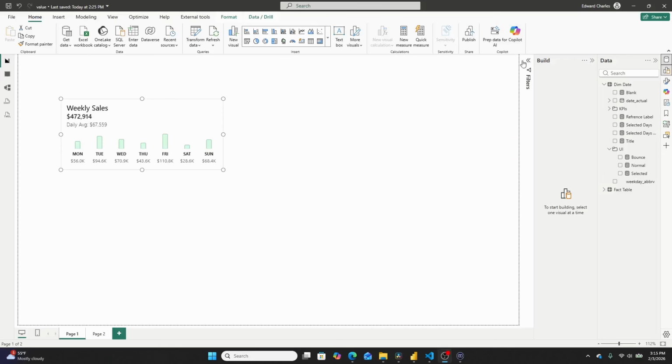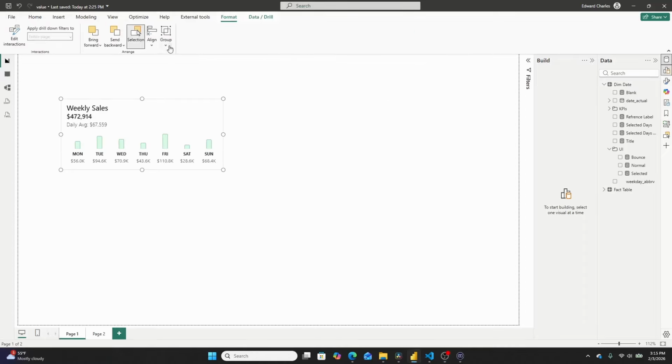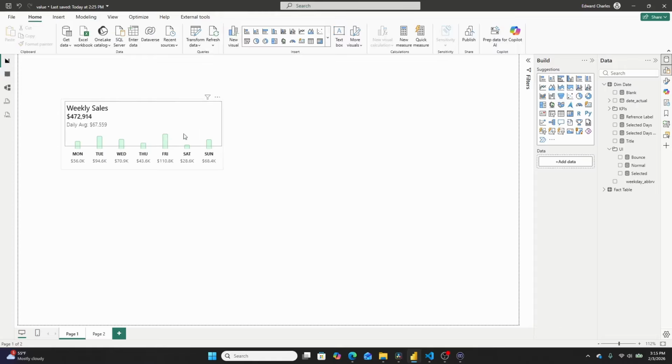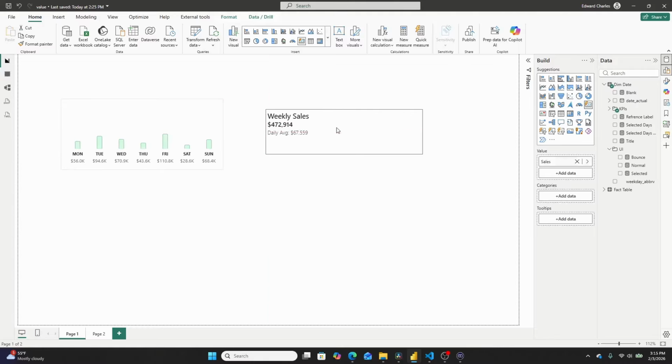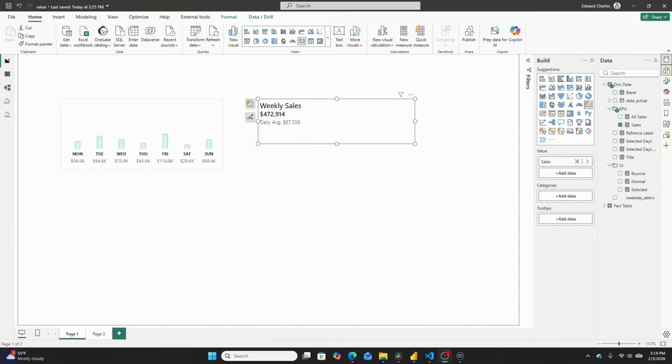So here's the visual that I was showing you in Microsoft Power BI Desktop, and it's actually two visuals. So let's go ahead and ungroup them, and then let's take a look at what these two visuals are. The first one is a pretty simple card visual, and this card visual is using three measures, believe it or not. The first measure that it's using is pretty obvious, and that's this sales measure that I have over here